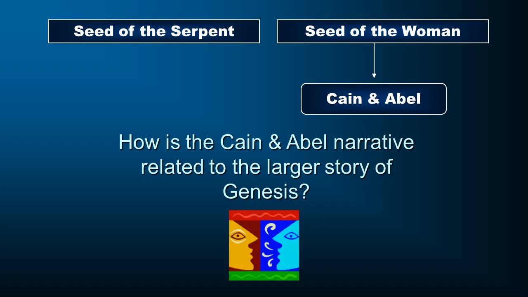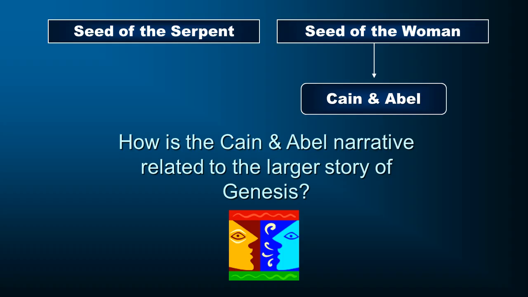And the question comes up now, how is the Cain and Abel narrative related to the larger story of the book of Genesis? Remember that we had that conflict going on. And the conflict continues now as we come to this section where Cain and Abel grow up, they are both going to bring a sacrifice to the Lord, and Cain's sacrifice is rejected, and Abel's sacrifice is accepted by God. Some people thought, well, maybe one didn't offer the right kind of sacrifice, and I think that's possible, but that's not what is stated in the passage, where the Lord comes to Cain, and apparently he's angry,